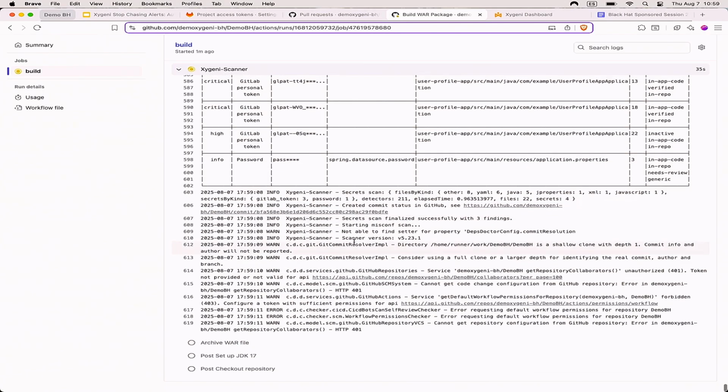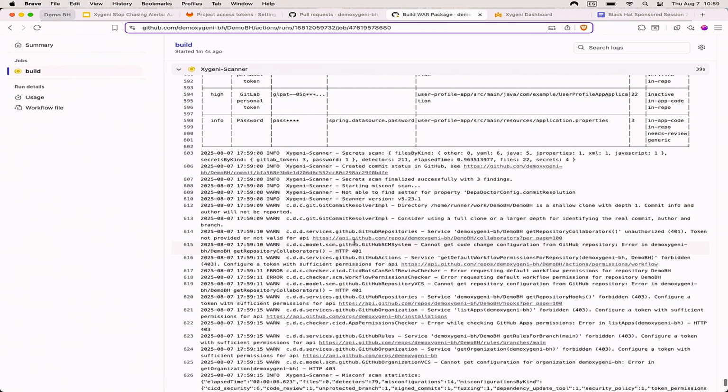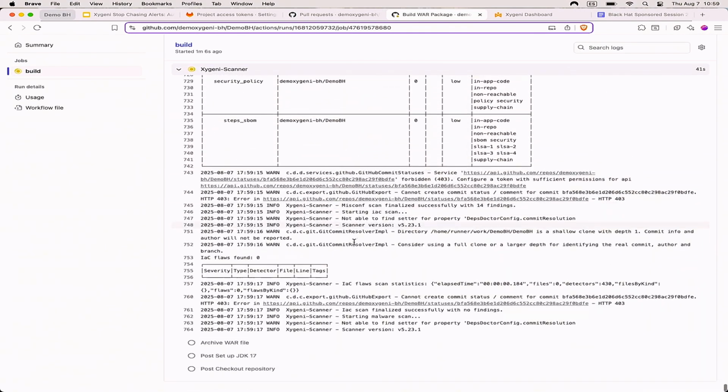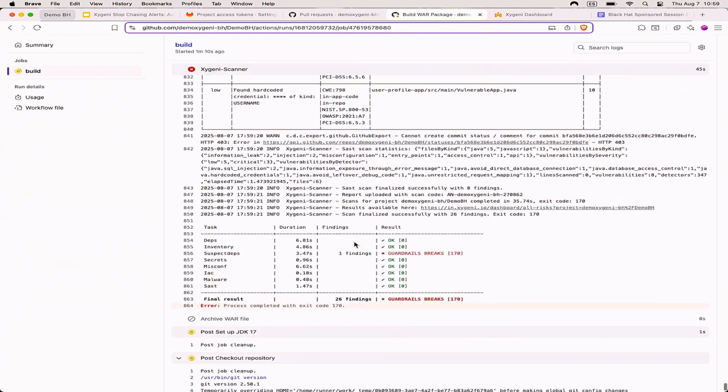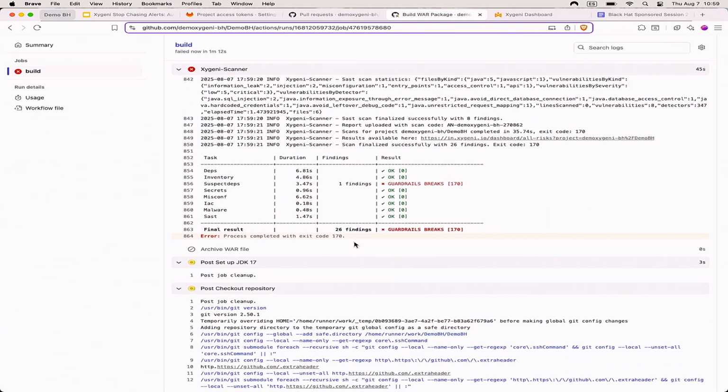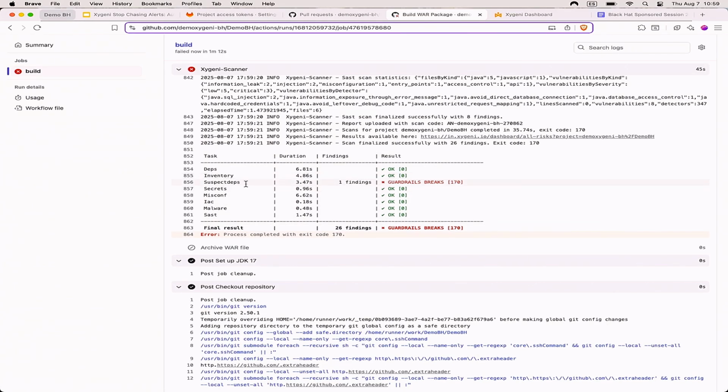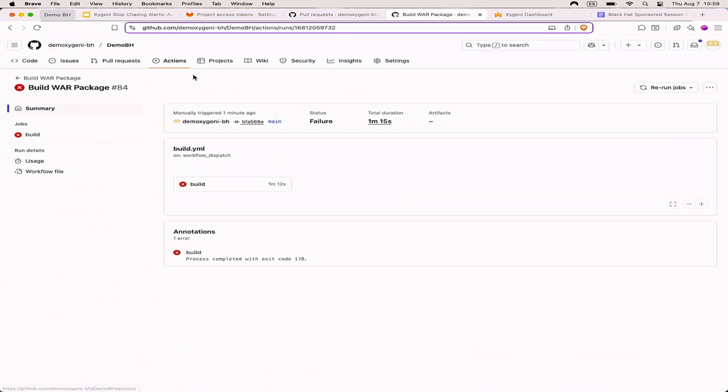These are the secrets that we have mentioned or seen before. Okay, it's almost finished. And we have here the message showing that we have detected something in the dependency part that is breaking the policy conditions, and we are breaking everything and exiting, okay? So at the end, we don't have the artifact created.